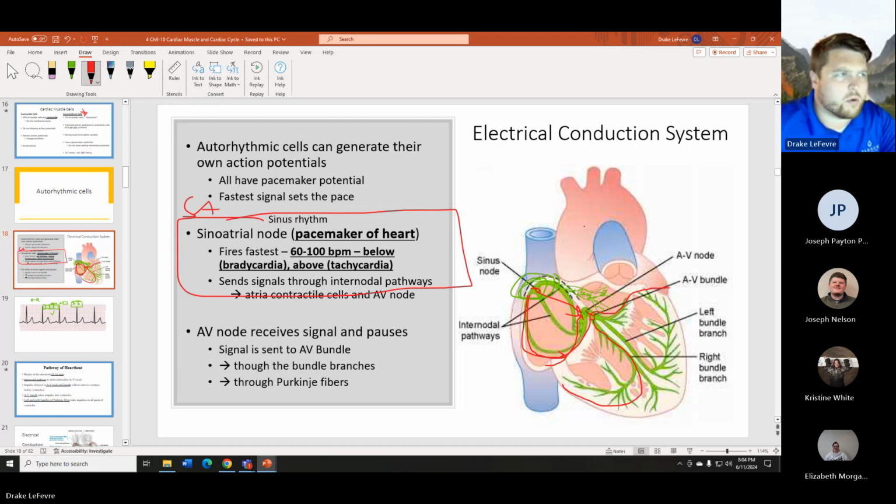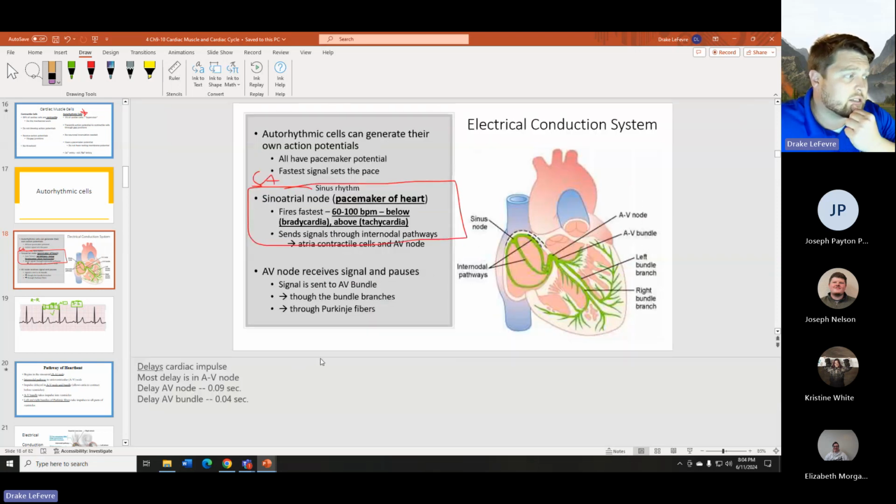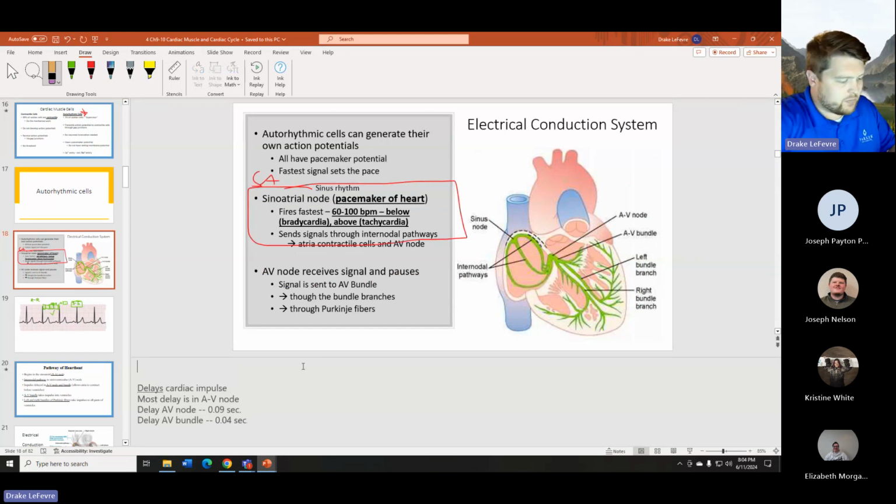We'll get more into that electrical conduction system, because this conduction system is one of the things that you need to have just down pat memorized, step by step by step, kind of where everything goes. So writing it out,